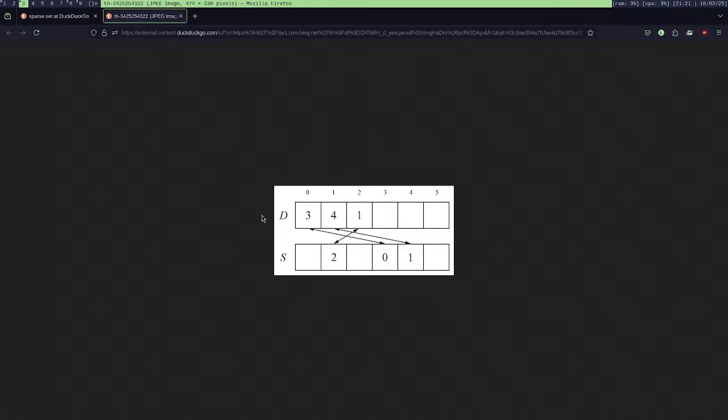Very, very simple data structure, and this is common for an entity component system implementation, as opposed to an archetypes component system, which is what Unity uses. But it's very complicated to implement, so for now, I will just use the sparse set.